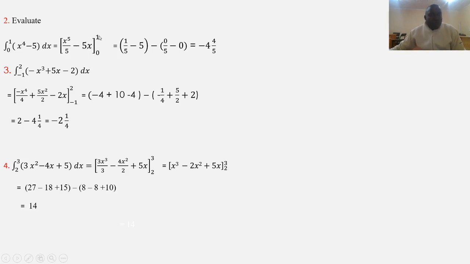Now, you substitute 1 into both of them. If I substitute 1 here, it will be 1 power of 5 over 5, which is 1 over 5, then minus 1. Then you subtract that of the lower limit. If you substitute with 0, it becomes 0 over 5 minus 0, and all this becomes 0. So we remain with 1 over 5 minus 5, then minus 0. So 1 over 5 minus 5 remains as